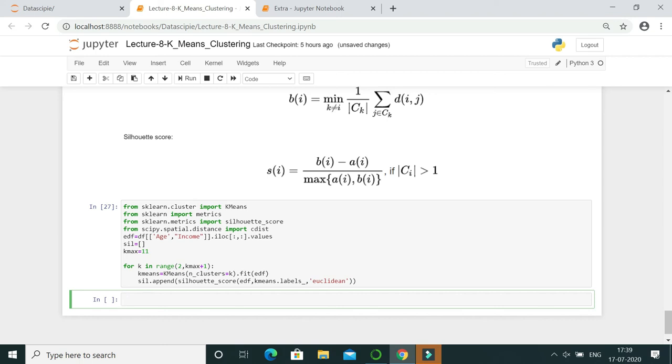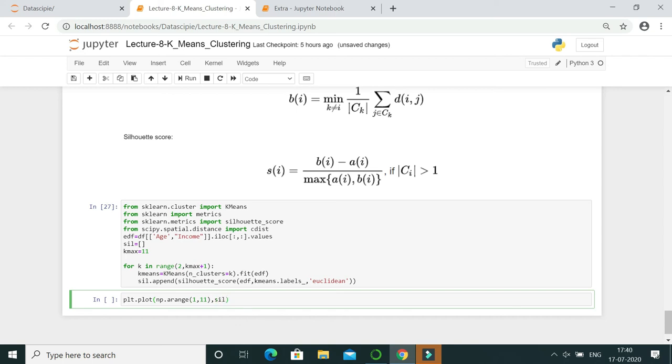Okay. So we have to visualize our silhouette score. For that, plt dot plot, what do we plot on the x-axis? The number of k's. So for that, np dot arange from 1 to 11. Then next we require the silhouette score.